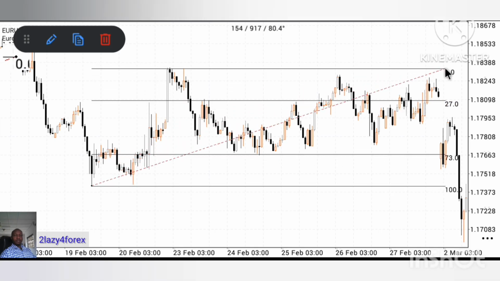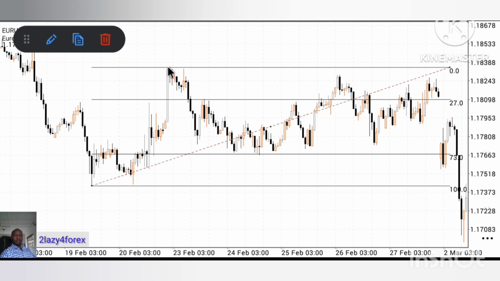So now if you place it, this is the highest point of the pullback. Look at what happened. There was a break below the 27 spot, a break below a lower low. There was a lower low below it, and price pulled back to it. And if price is going to pull back, price will always pull back to the opposing candle. If the candle that breaks the 27% line is a black candle, that's a sell candle, it will pull back to the last buy candle before that break. If it is a buy candle that breaks the high,